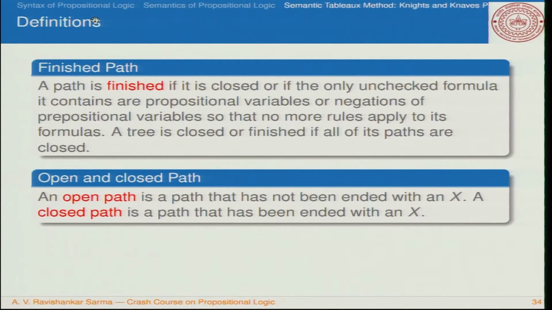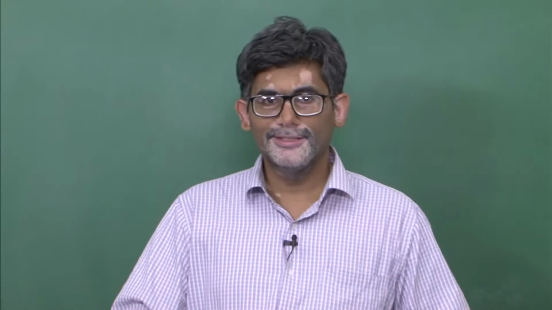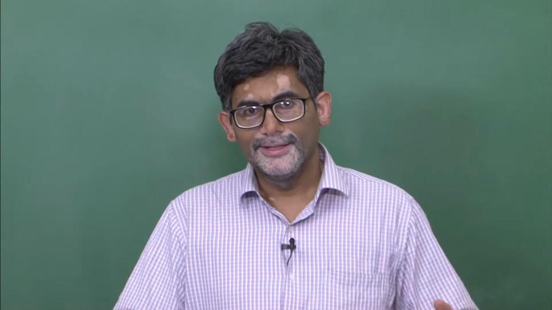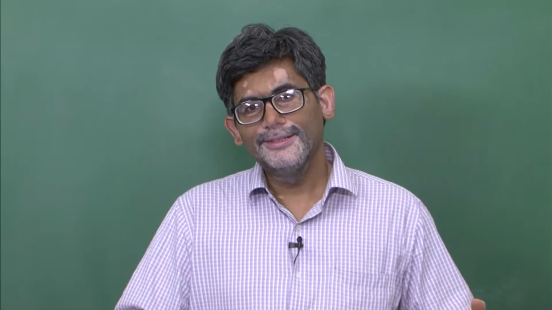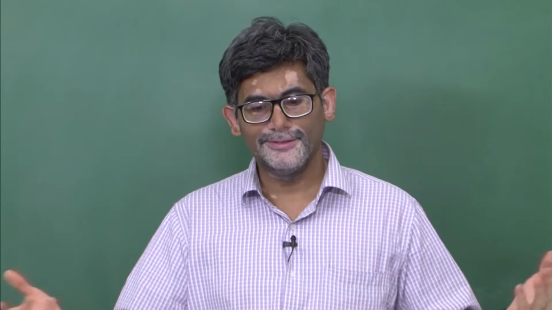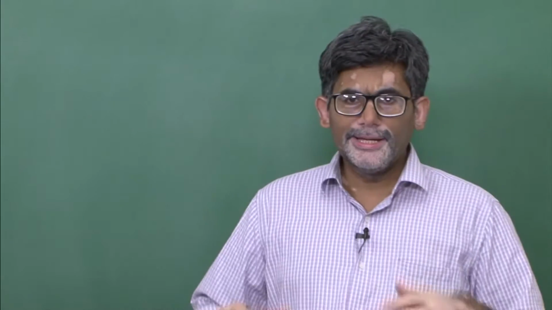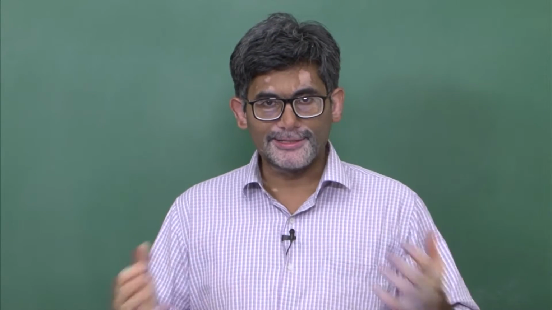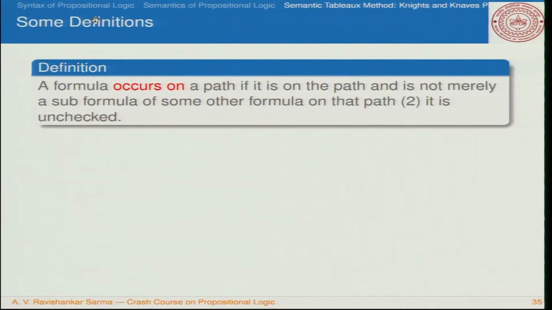So why do you need to close the path? Because inconsistency is treated as some kind of hell. The problem here is that if you have inconsistent propositions, you can derive anything. Suppose you have P and not P, you can derive Q, you can even derive not Q also, where Q is considered to be a rather strange proposition, by simply following the rules of classical logic. So these are some of the definitions that we will be following in the semantic tableaux method.